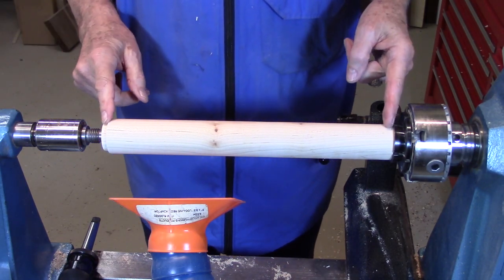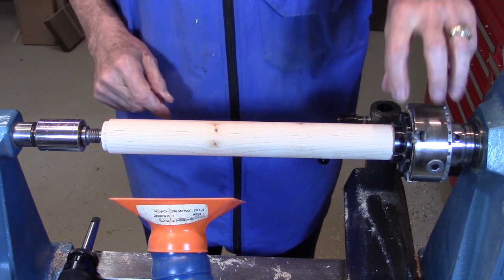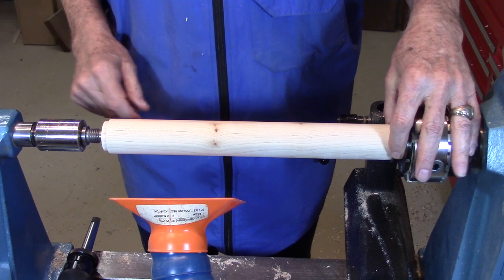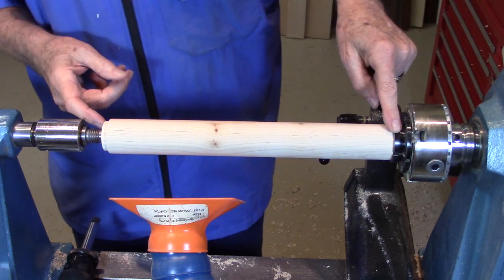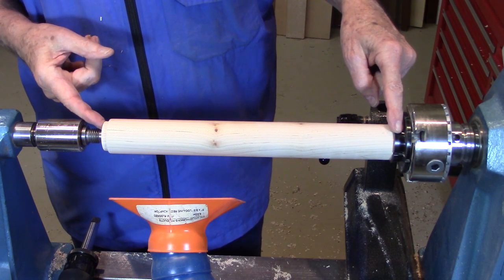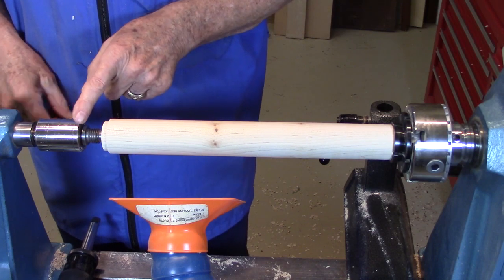Then I cut tenons on each end while it was between centers, took it out from between centers, mounted one end in a chuck. Now I'm going to drill this in. So I used the chuck and my live center to center it in that little center dimple. Now I'm going to pull this out, put the